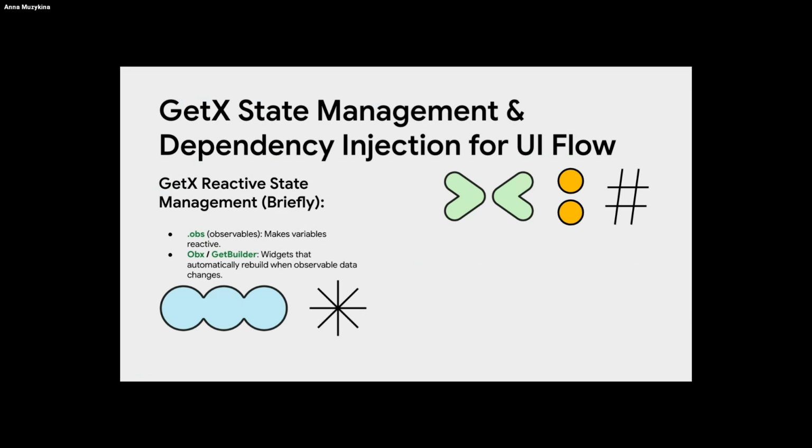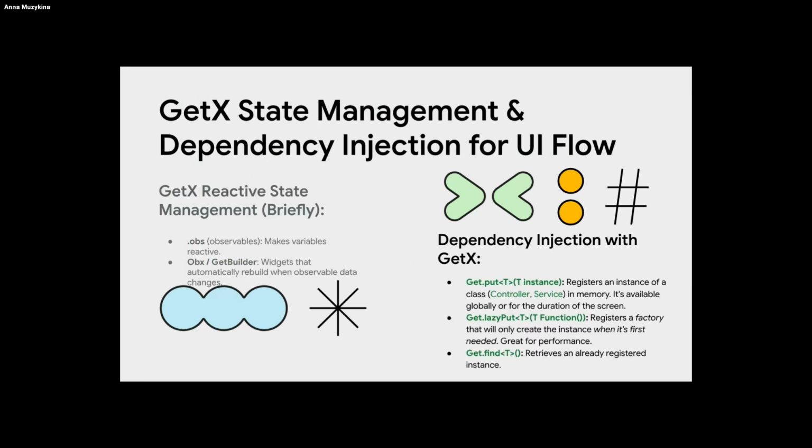You make a variable observable using .obs and then use widgets like Obx or GetBuilder to automatically rebuild only the necessary parts of your UI when those observable variables change. But the real magic for navigation is dependency injection. GetX has a built-in, incredibly simple and